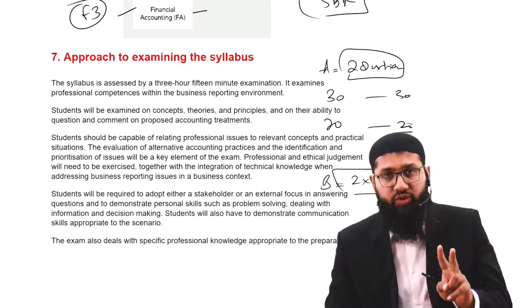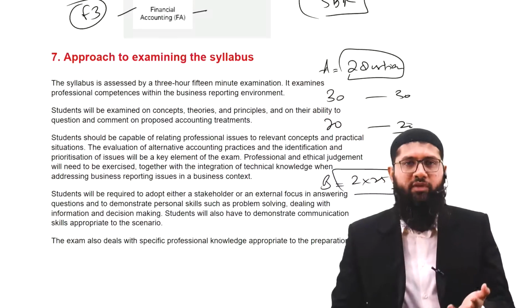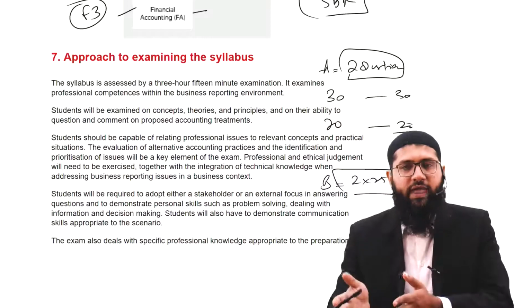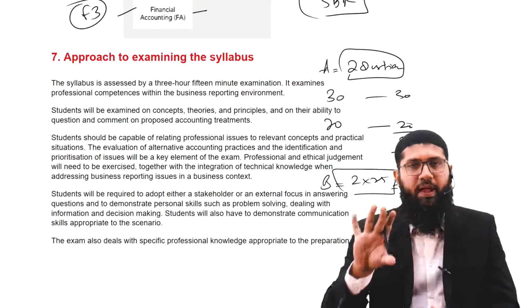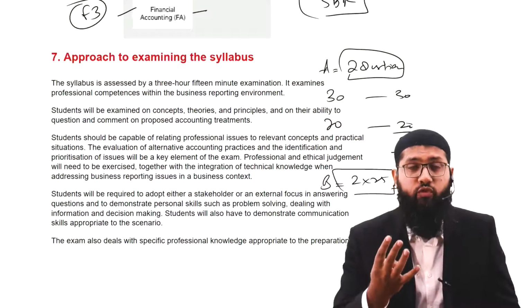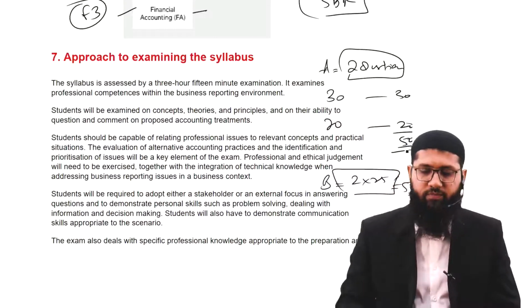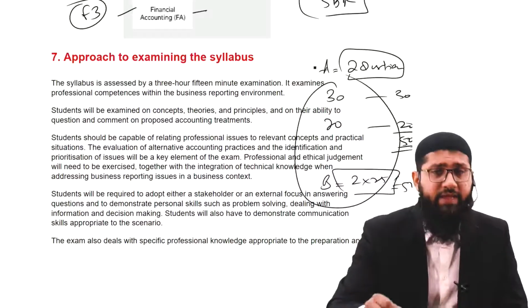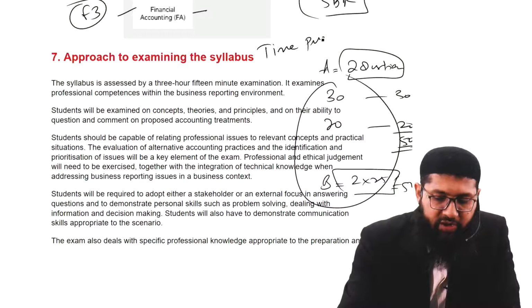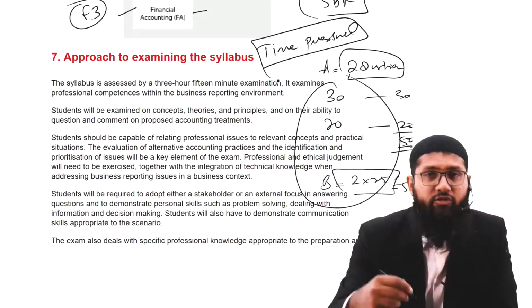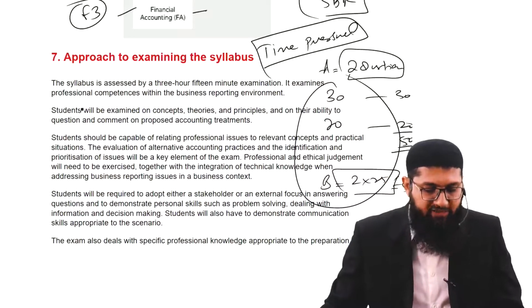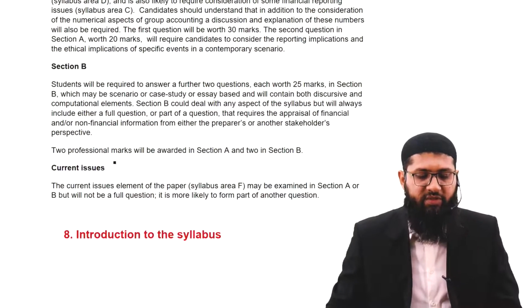In section A you've got 2 questions, whereas generally for the majority of strategic professional exams, it's actually 1 question. But here it's 2 questions. So that means you would have to deal with 4 questions. So obviously, time management is going to be an issue. It's going to be a time pressured paper, so you would have to manage your time. That's an important thing.